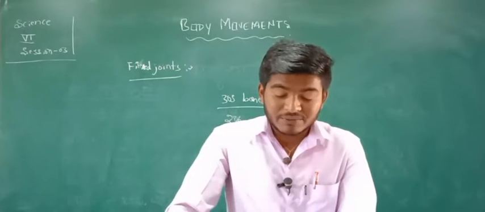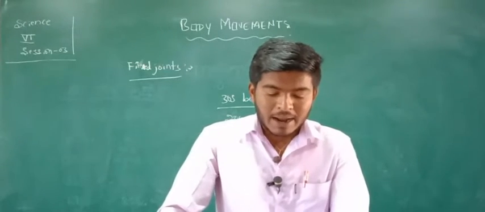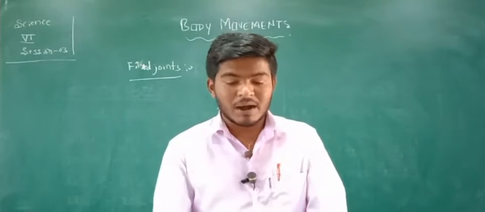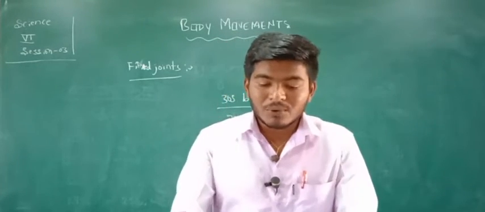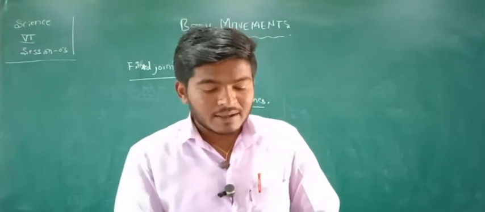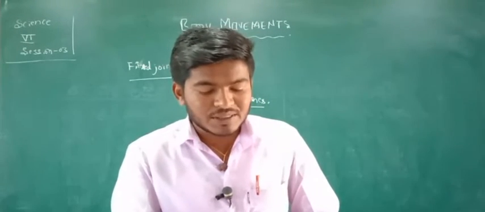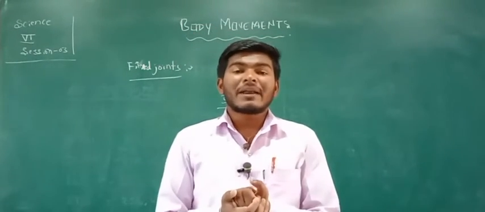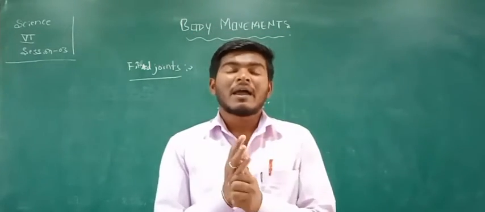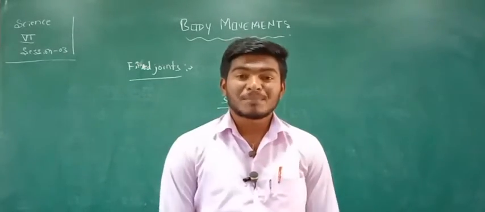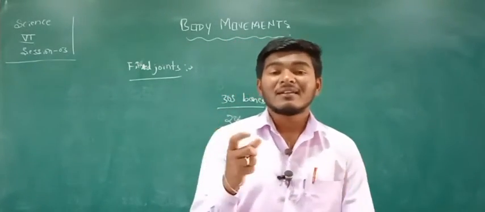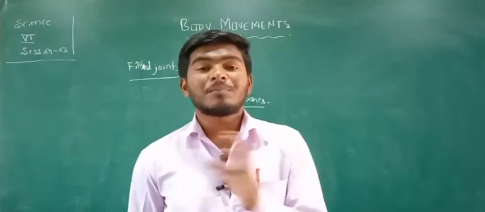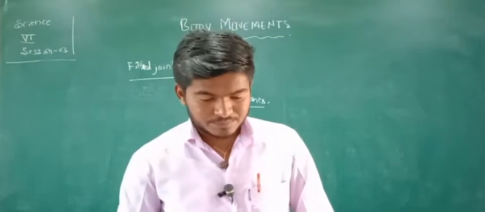Feel the bones in your forearm, upper arm, lower leg and upper leg. Try to find out the number of bones in each part. Similarly, feel the bones of your ankle and knee joints and compare these with the X-ray images. You have to count the number of bones present in your hand and palm, and also count the number of bones which are present in your legs. And you can take X-ray images of your hand and legs and compare them with both.